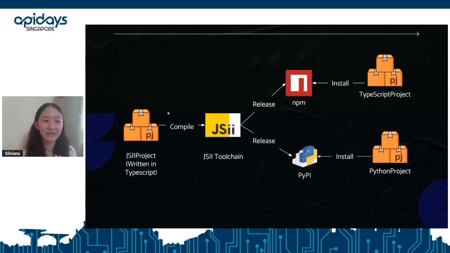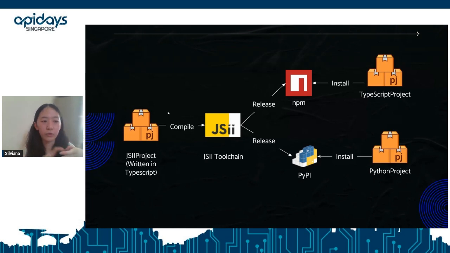And this is the diagram of what's going to happen. So I have created a JSII project that I have written in TypeScript. And in this JSII project, I have some projects. I have my TypeScript project, I have my Python project, which inherits from the built-in TypeScript and Python project, and